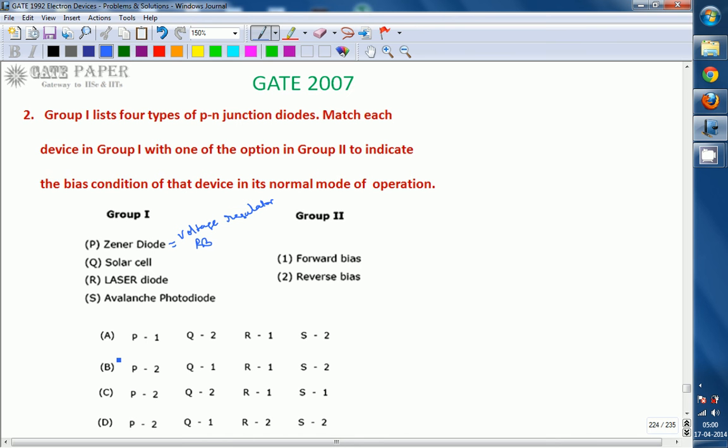Photodiodes always operate under reverse bias, because under reverse bias the current flowing through the diode is very small, which is the reverse saturation current. Whenever light is applied, it makes covalent bonds break, which increases the number of minority carriers, so the minority carrier current under reverse bias is directly proportional to the light applied. So there is a linear relationship between the current flowing through the reverse biased diode and the light applied, in the case of photodiodes.